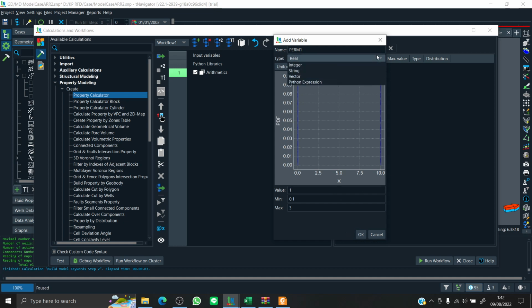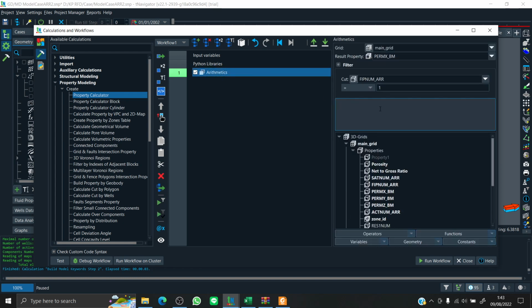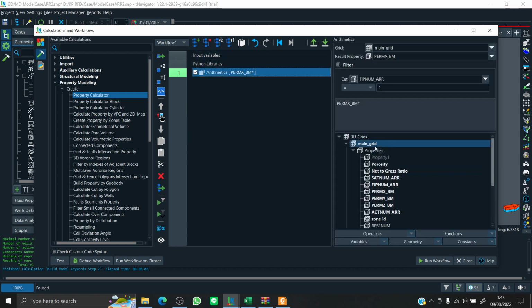And I'm just gonna do it. Okay, so we have our variable perm1. Okay, so basically the arithmetics will do perm x as a result property will be equal to perm x times our created variable perm1. So we can select it from here, perm1. Okay, just gonna save it as our first workflow, and then